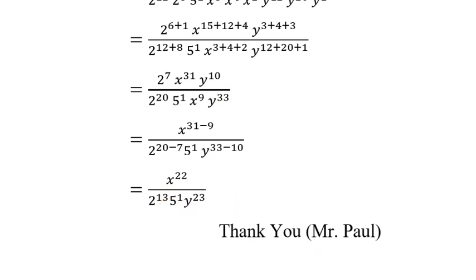So in this way you have to solve, and you have to simplify all the given exponential forms. I hope your basic concept is clear. If it is not clear for you, go through this video one more time, then try to build your basic concept for this new chapter, and try to solve all the practice set from your book.